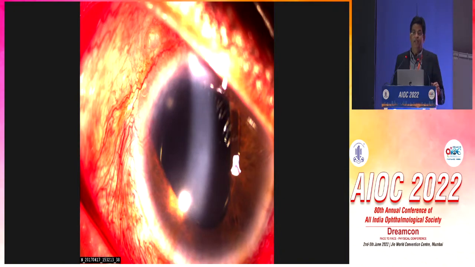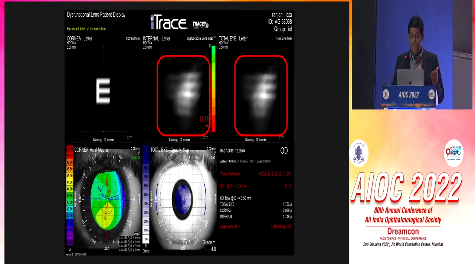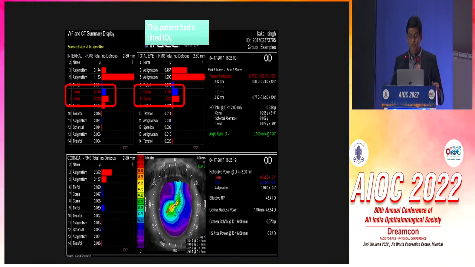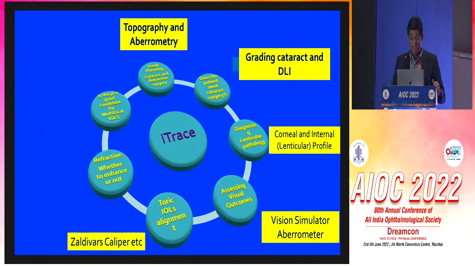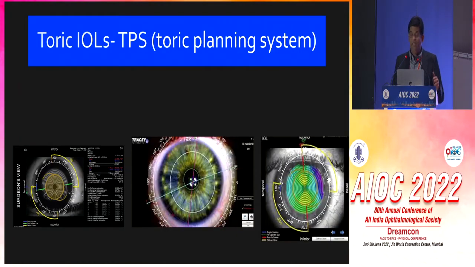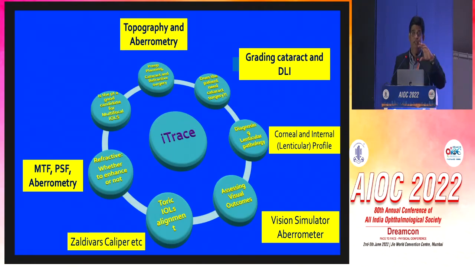In patients of scleral fixated IOLs, a patient was dissatisfied with vision, and just by doing the eye trace, we can see that the patient has a significant coma and a lens tilt, which was causing the astigmatism. Toric IOLs, I'll not be going into detail because of the lack of time, but it does have a toric planning system, including the Zaldivar calipers, and even for misaligned toric IOLs, it's very good to help us align the lens in the